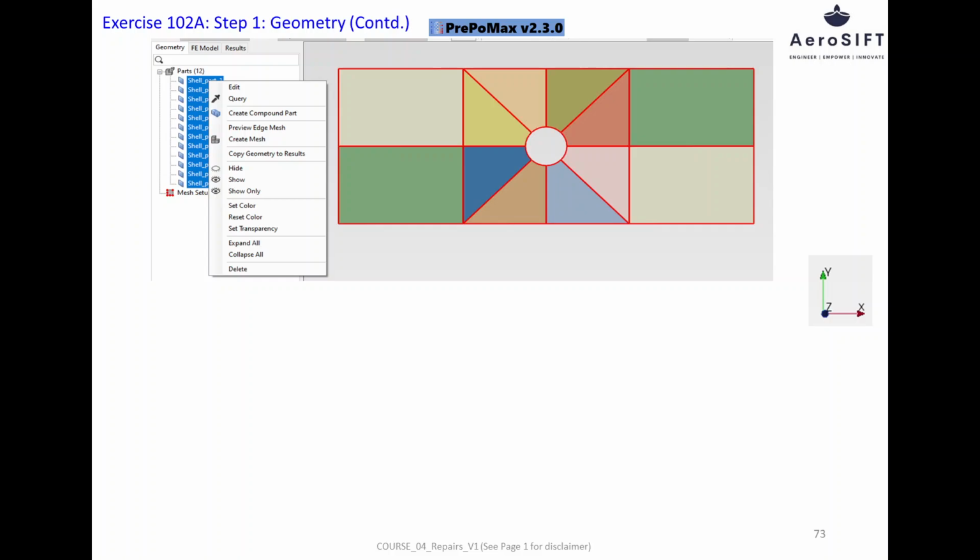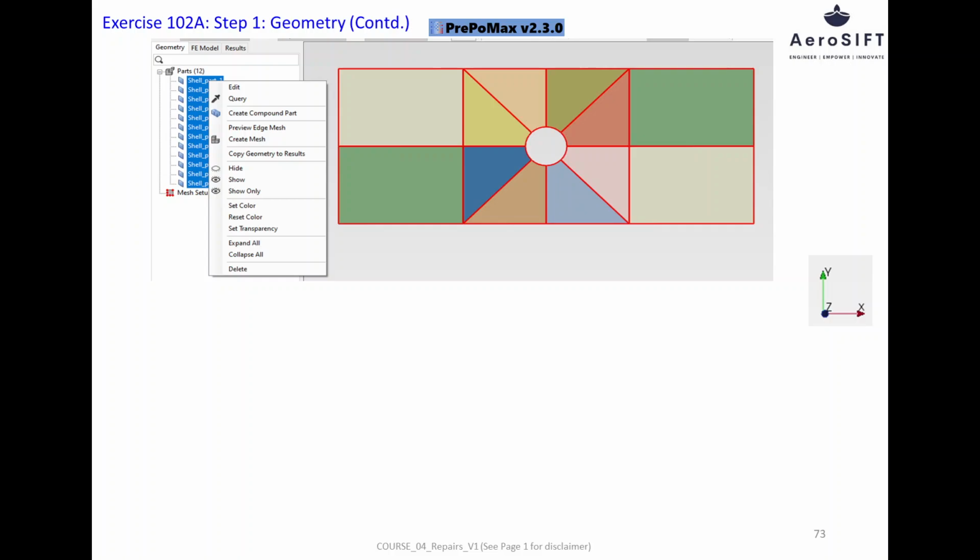After completing the surface splitting in FreeCAD, the geometry is exported, typically as a STEP file, and then imported into PrePoMax for mesh generation and FE setup. Once the model is loaded in PrePoMax, each of the individual surfaces appears as a separate shell part. To ensure proper mesh continuity and analysis behavior, all the shell parts need to be combined into a single compound